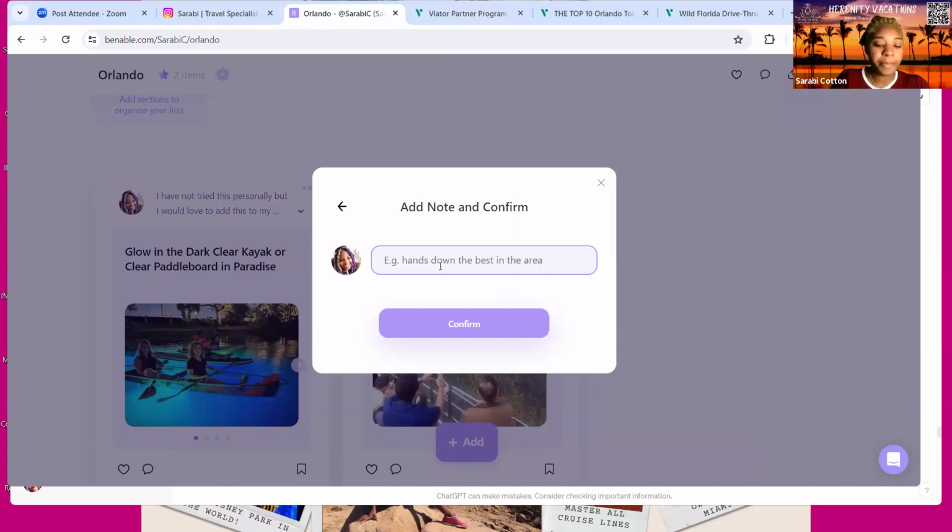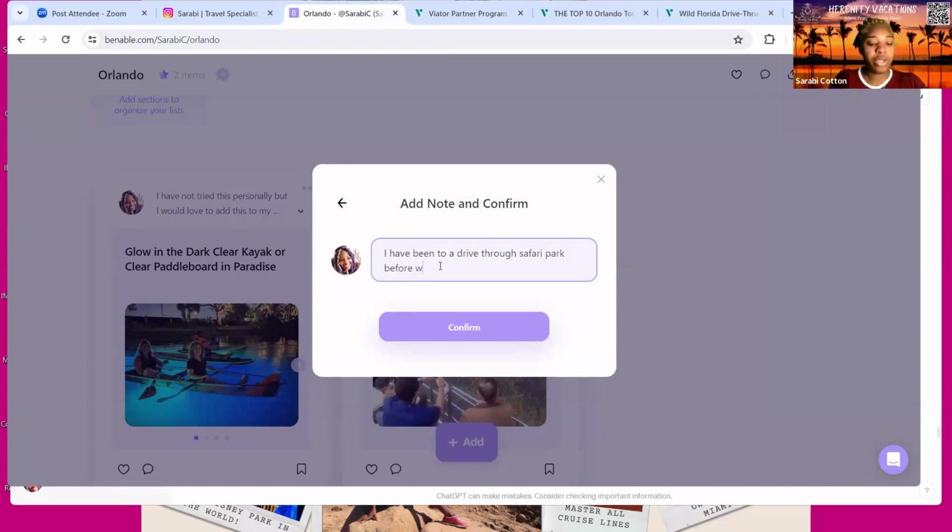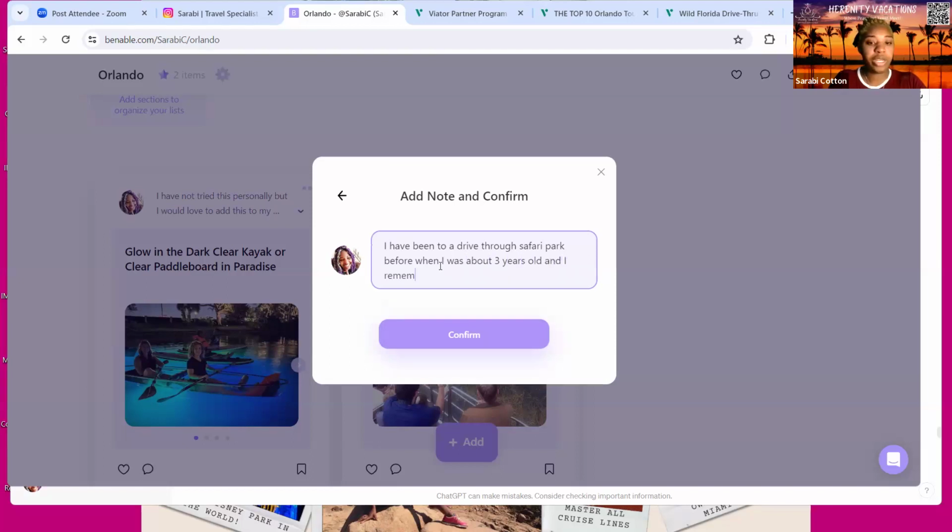So I have been to a drive through safari park before when I was about 3 years old, and I remember it being really fun.